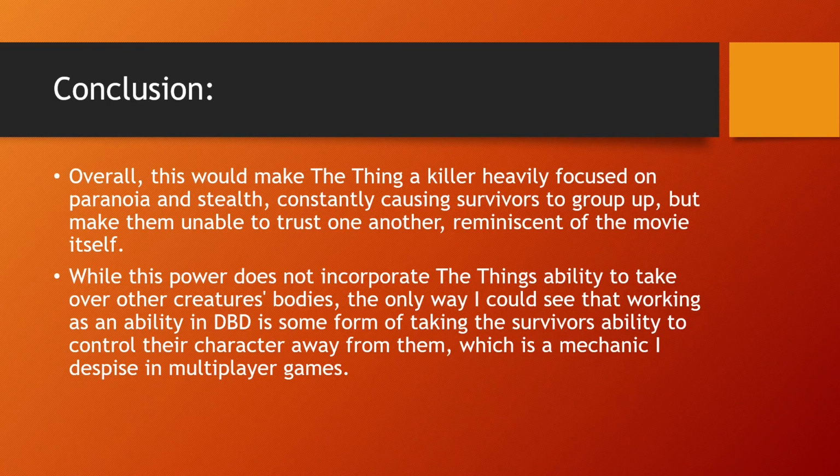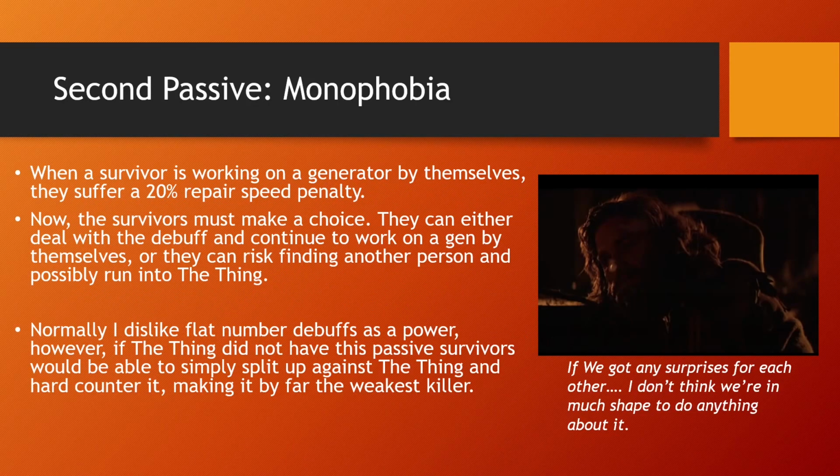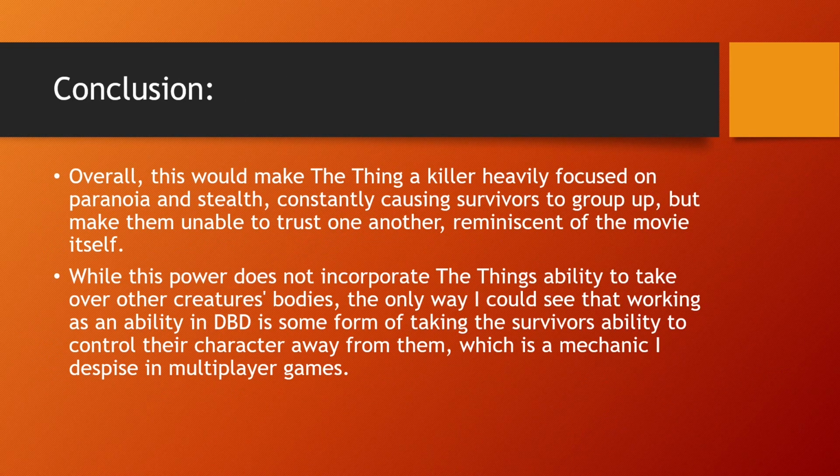Is it perfect? No. As with all stealth killers, The Thing suffers because you have no movement options. You have only the Monophobia for slowdown, which isn't a bad slowdown, but still. While he probably would not be the strongest killer, he would be very thematically appropriate, which I think is something Behavior likes to do a lot, focus more on the thematic appropriateness of something rather than its actual gameplay abilities, as anyone who has played on the Raccoon City Police Department map would tell you.